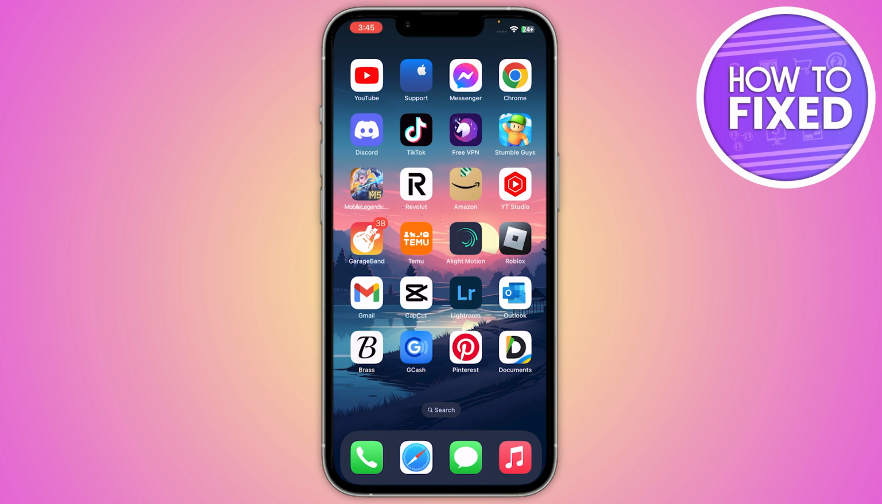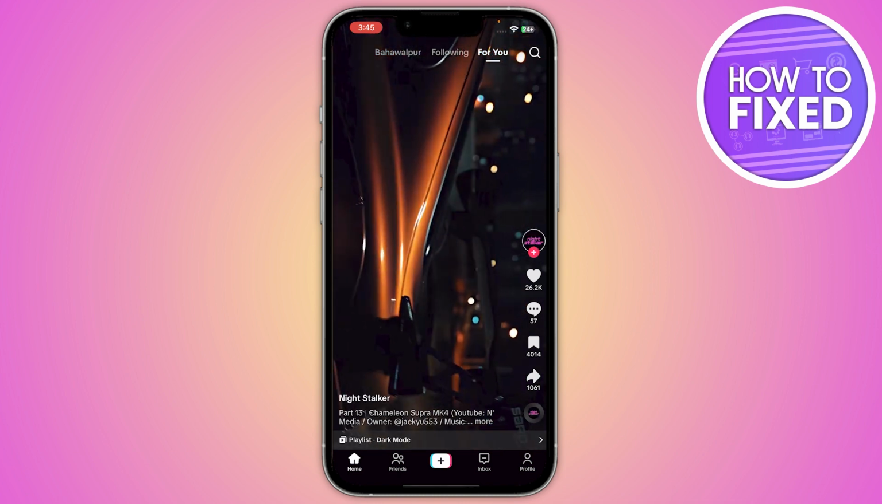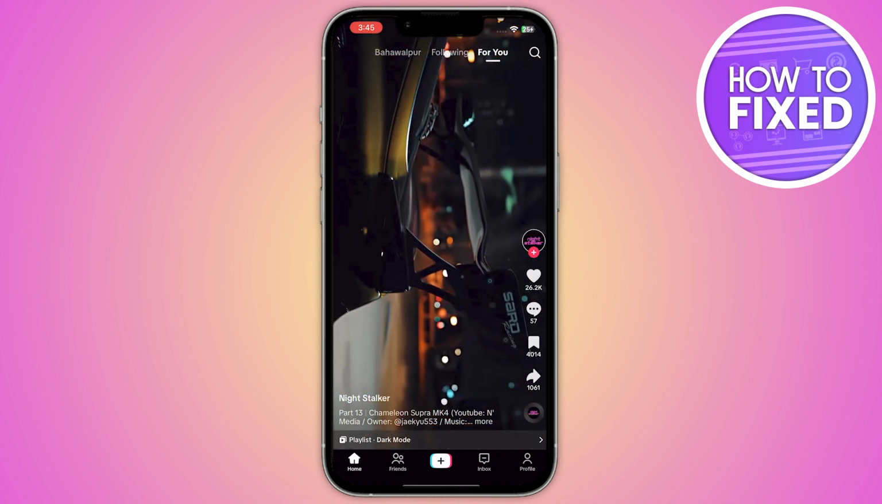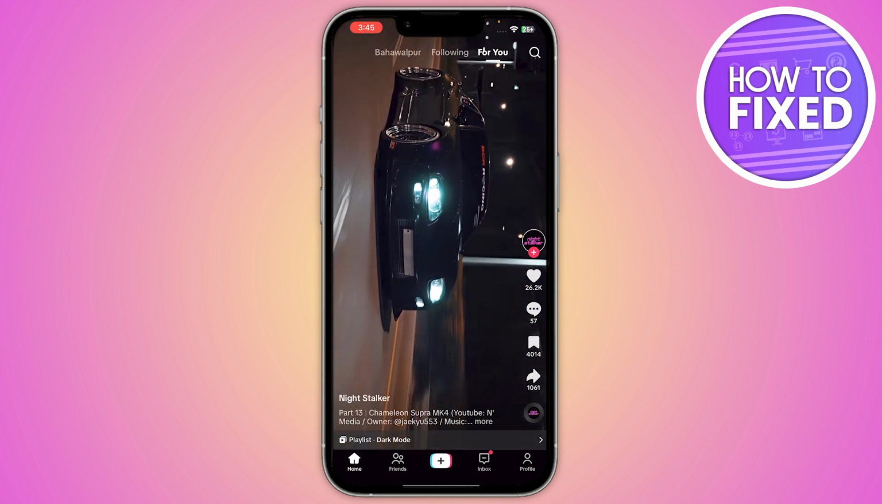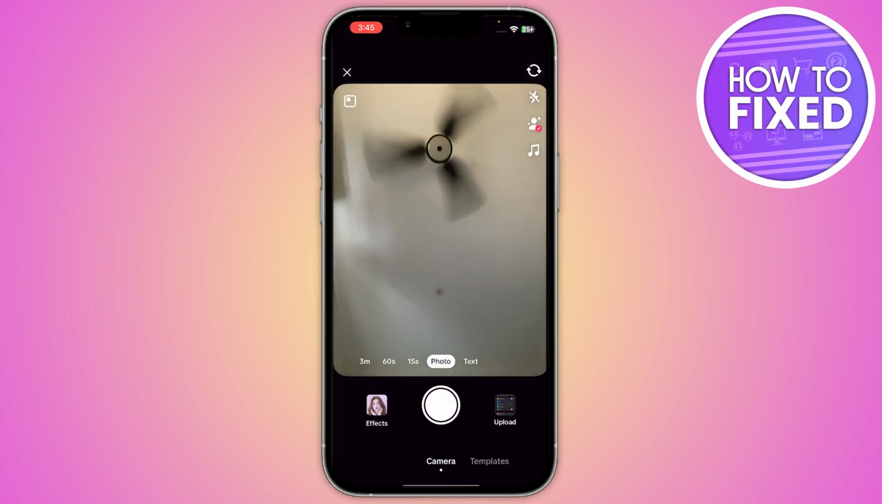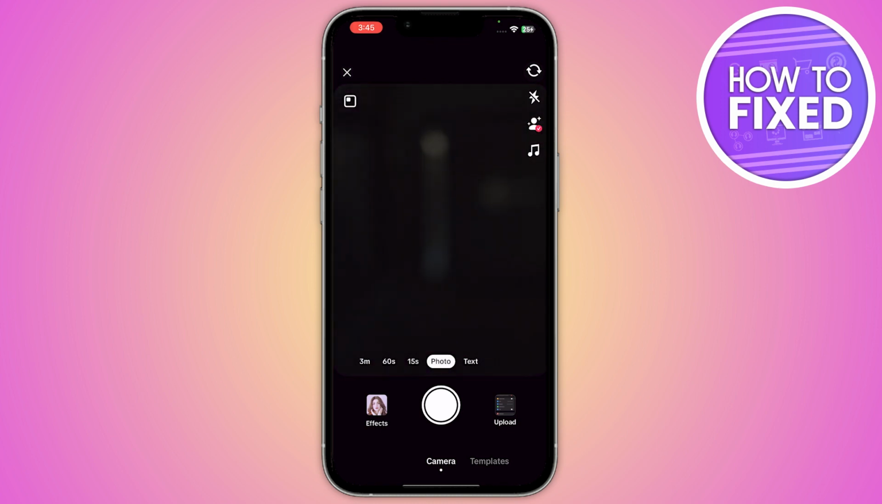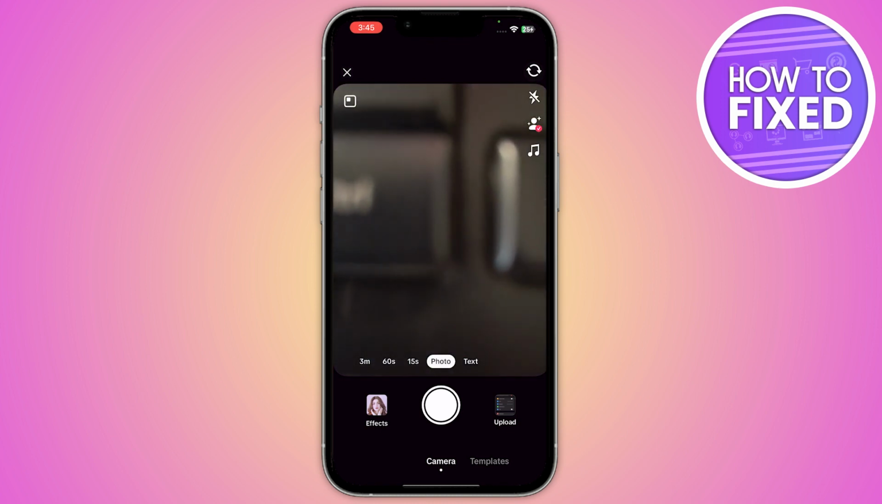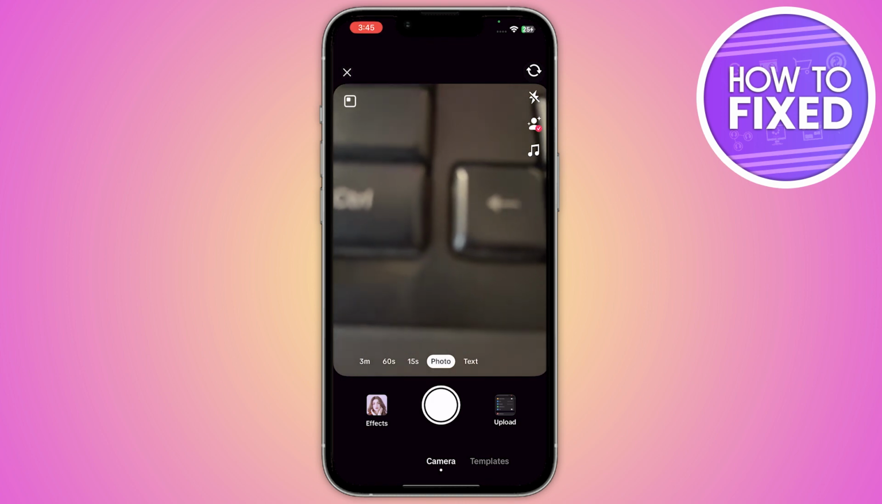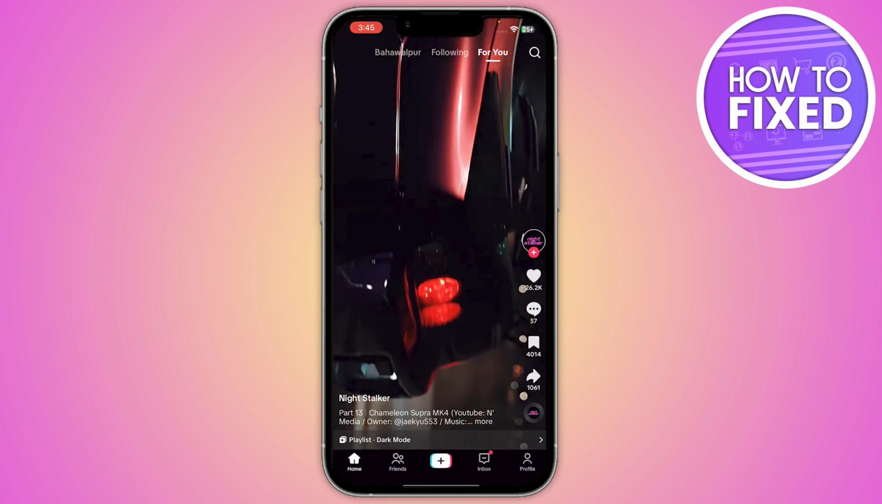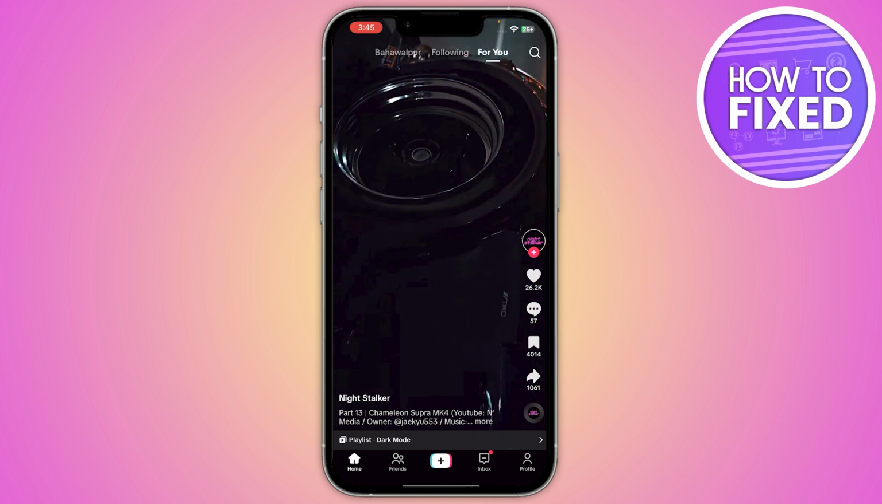So first of all you have to open up your TikTok application. Now there is the rare case to go on the live. For that you have to click on this plus icon that is in the mid corner, and from here you have to select the live option. In some cases there is no live option to go on live in your TikTok. So what you have to do is simply go back and click on your profile icon